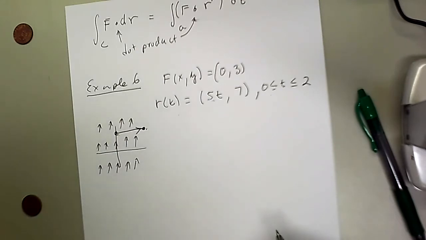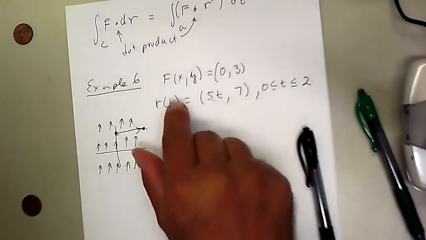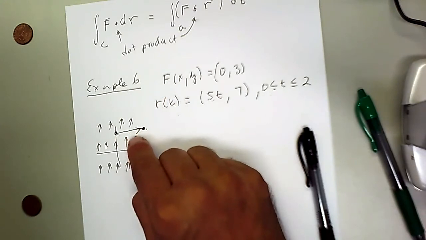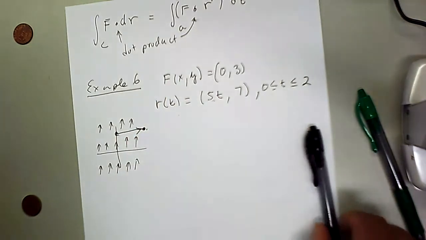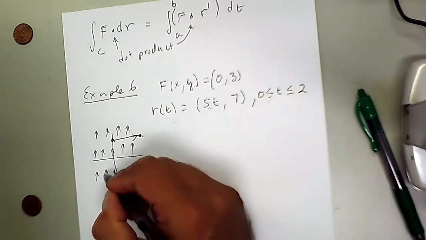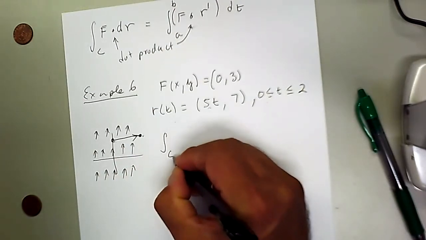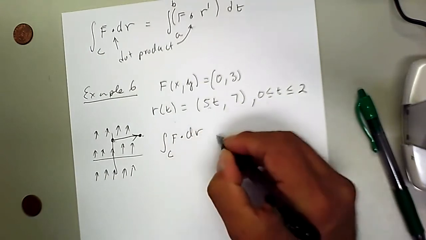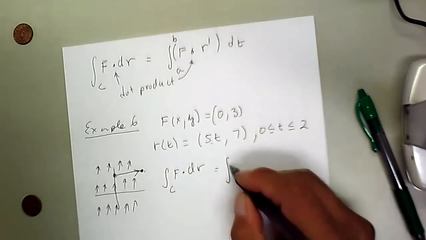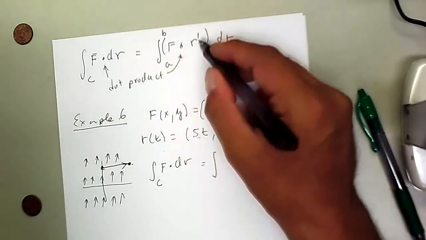What we know about work implies that there's no contribution of this vector field to the motion, so the dot product of those two should be 0. Well, let's apply this. Now this is constant. All of those vectors going up are the same length. So the line integral of the vector field with respect to the path is equal to the integral. So we're converting a line integral into a regular integral,